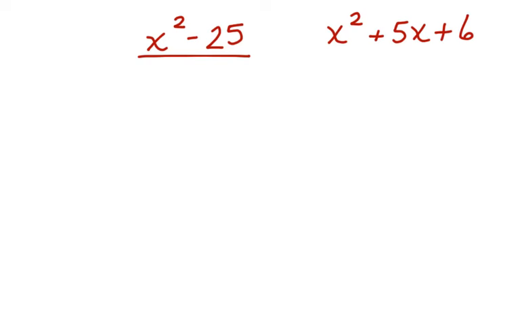So we are going to factor this special product, but we're going to be looking for different values than we would be looking at for this one. Let's factor it into two binomials. The x squared breaks down to x and x. Now, we want two terms that multiply together to get negative 25, but add together to get 0, because this middle term is 0